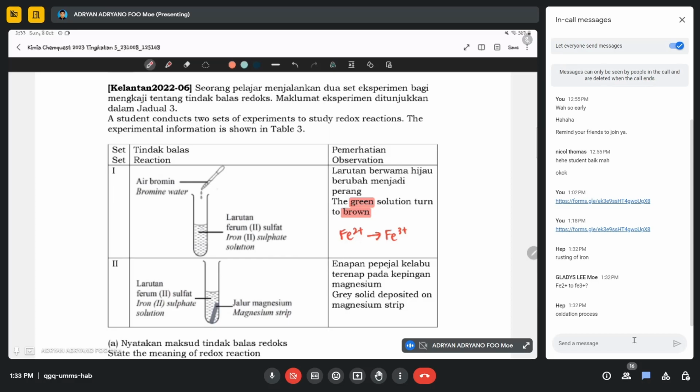Gray solid 是什么？有 iron 哦，对不对？So gray solid deposited on magnesium strip。你们觉得，如果刚才 Fe2+ 去 Fe3+，那么这个会是什么？相反哦，Fe3+ go to Fe2+，看到吗？